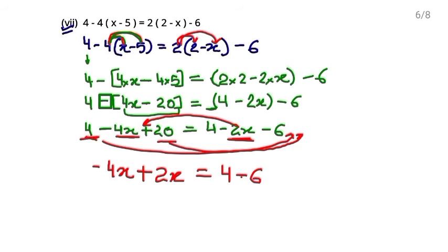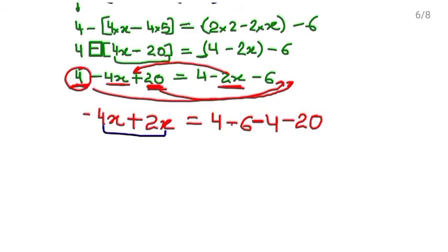Now if this 4 will come to the right hand side, पहले plus का था, 4 के आगे कोई sign नहीं था, it means this was of plus sign. After moving to this side, this will be of minus sign. Similarly, this 20 was of plus sign. After moving to this side, this will be of minus sign. Now these two terms are like terms, but their signs are different. So we will subtract them.